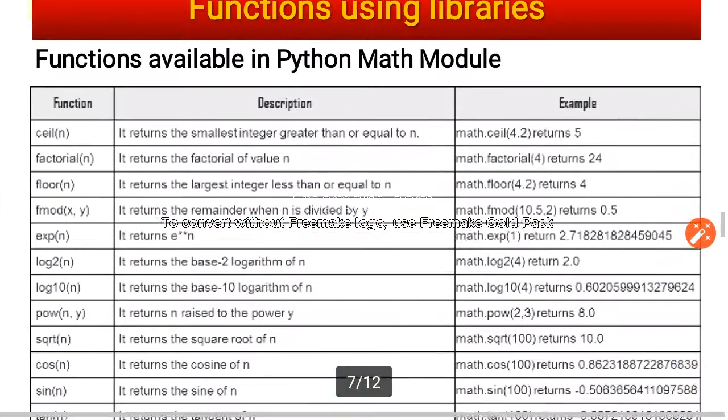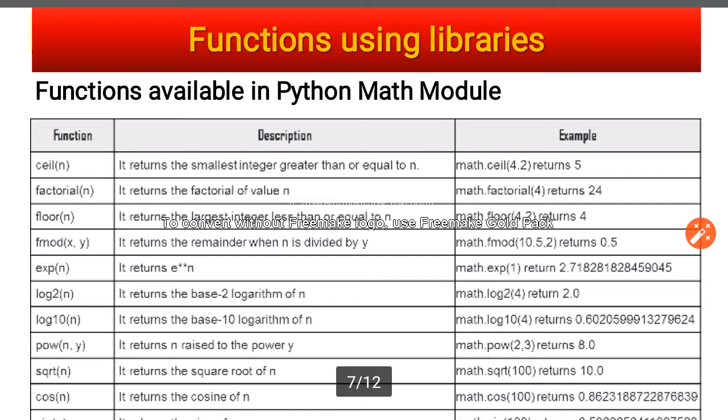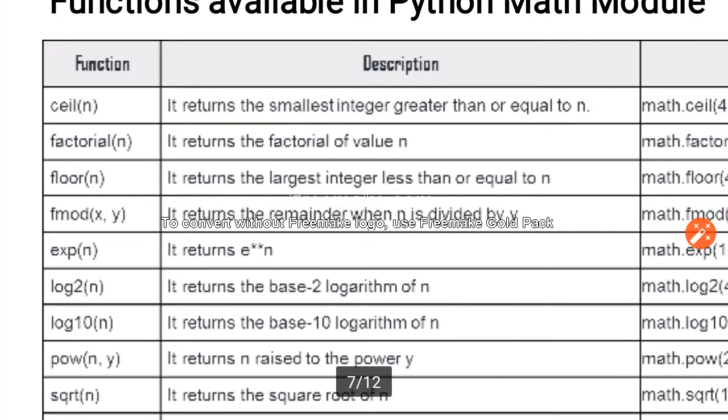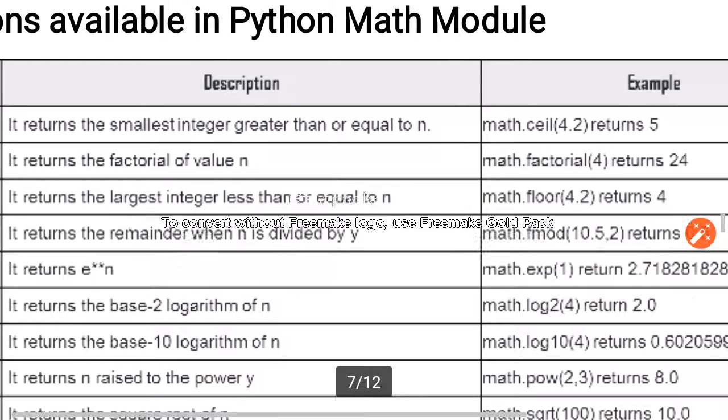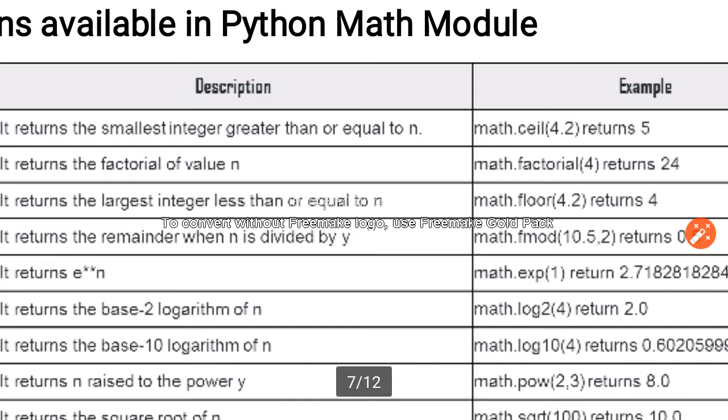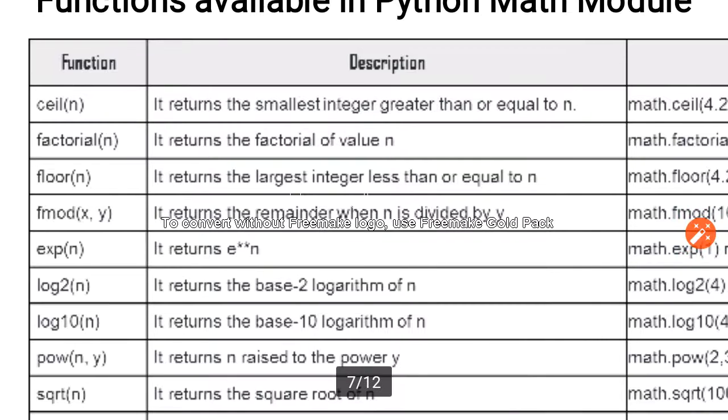Now, can you remember this table? Yes, we have done it in class 11. So, functions available in the Python math module. What are the different functions that we can have? ceil(n) returns the smallest integer greater than or equal to n. Like if I write math.ceil(4.2), it will return 5. Then we have factorial(n).